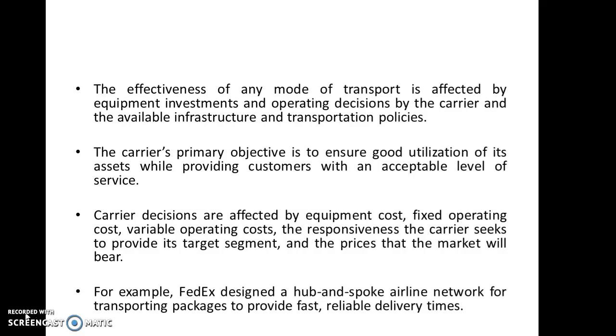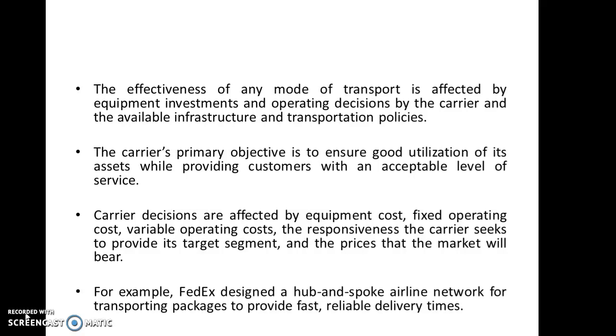So now you see the difference between point to point transit and hub and spoke model. In point to point transit, every point is connected with the other points. That is, a direct path exists from one point to another point. In hub and spoke model, if any point wants to communicate or move the products from one point to another point, it should go through the hub. That is the difference. So in the point to point transit, products can be moved directly from one point to another point because every point has a path from one place to another place.